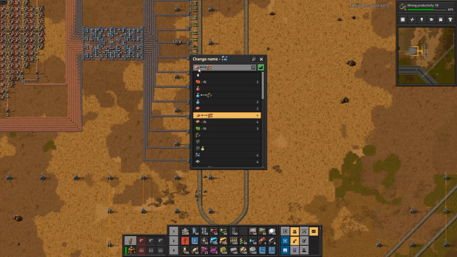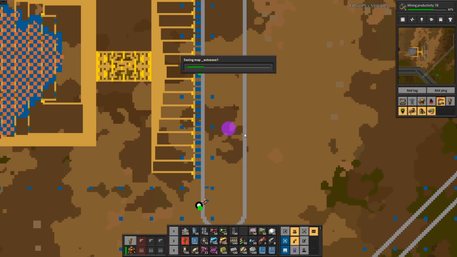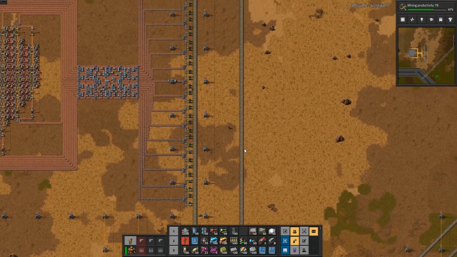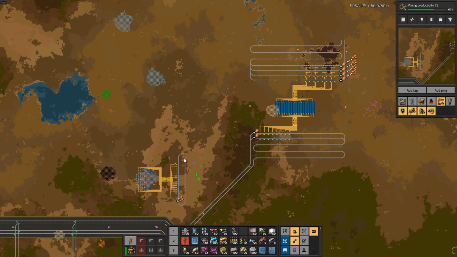Good thing it didn't work, or it didn't connect, that I have exclusive networks. This one will have a train limit of 4, I think. Yeah, let's do a train limit of 4 on this one. And you know what? It's not actually working. Take all of this out. So we need to figure out how to get this in here. I think I'll just...